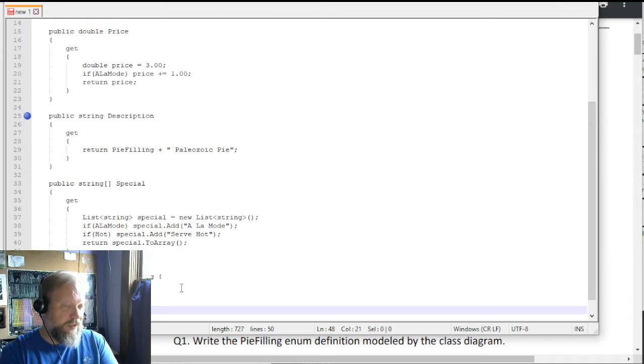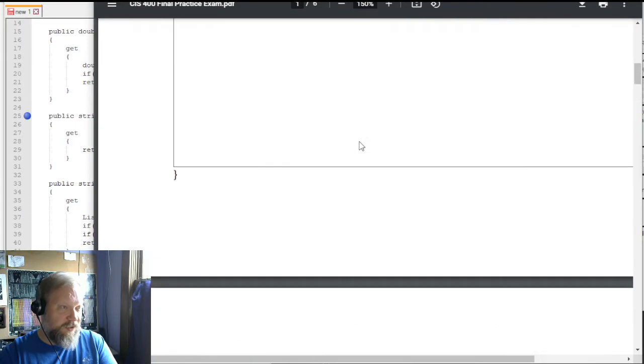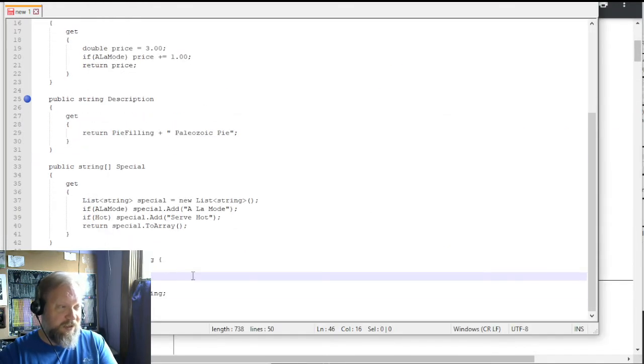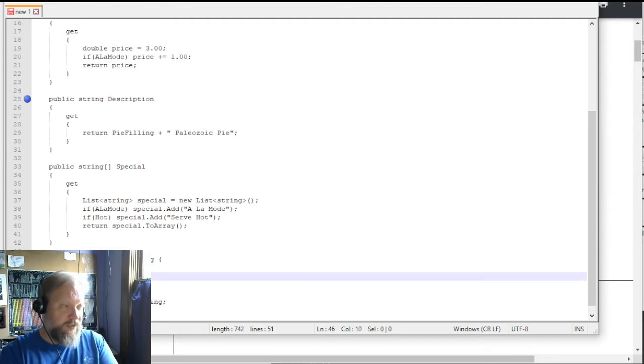Filling, and that should be a pie filling. And if there is a default set here in the UML, there is not. And if we go through the description, there's not. So we can just let it default to Apple, as that's actually what it's going to end up being in this case, and that's fine. So our getter would just return